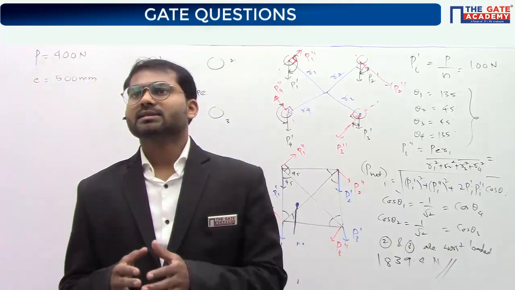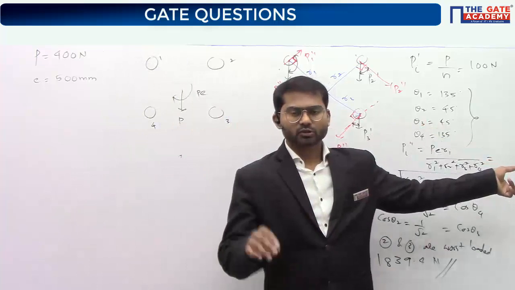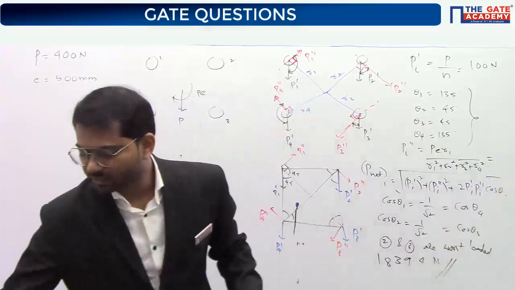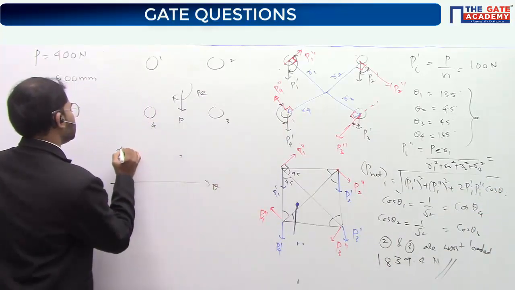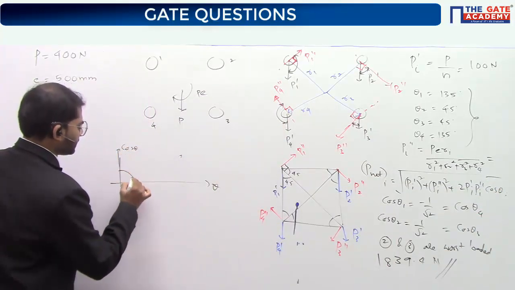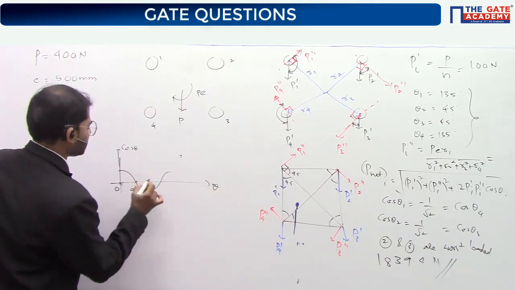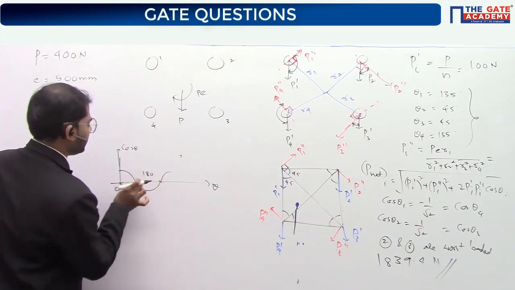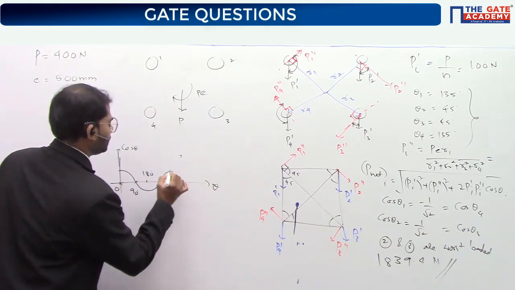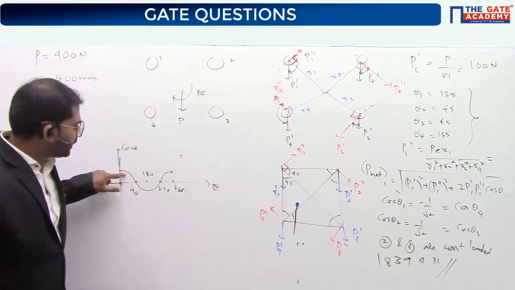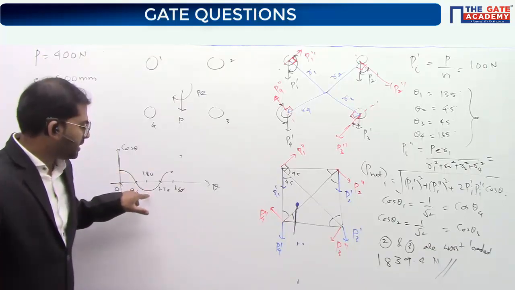Lesser is the theta, lesser is the force. We should not decide like that. Higher is the force, higher is the cos theta, because the cos theta value varies like this. If you take the cos theta function variation, this is 0 degrees, this is 90 degrees, this becomes 180 degrees, and this is 270 degrees. At 360 degrees it comes back like this. So the cos theta value goes on decreasing from 0 to 90. From 90 to 180 it becomes negative, and the remaining part is also negative.